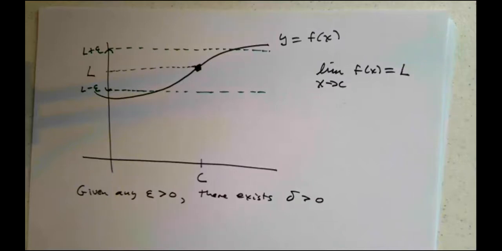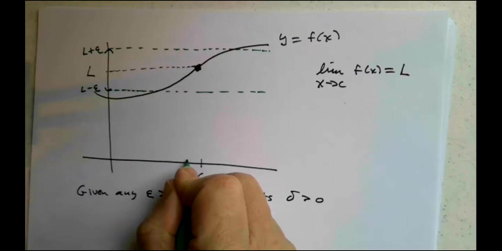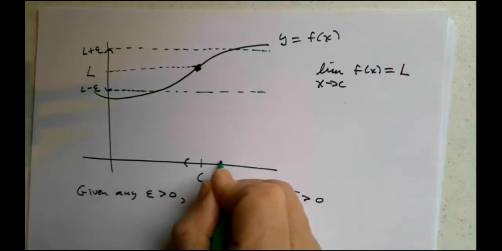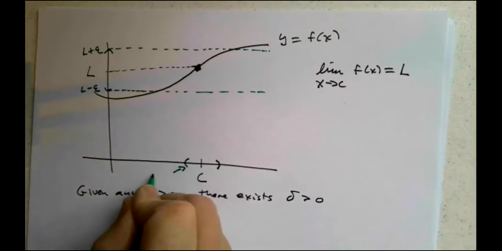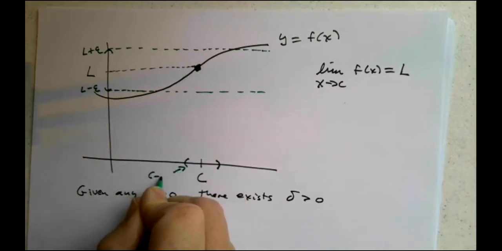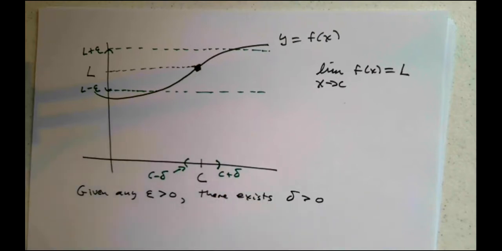So from that epsilon, I'm going to create a delta. What is a delta? A delta is going to be a little bit less than C and a little bit more than C. So this point is C minus delta. And this point is C plus delta. And what are we saying about that? Well, we're saying there exists a delta greater than 0 such that